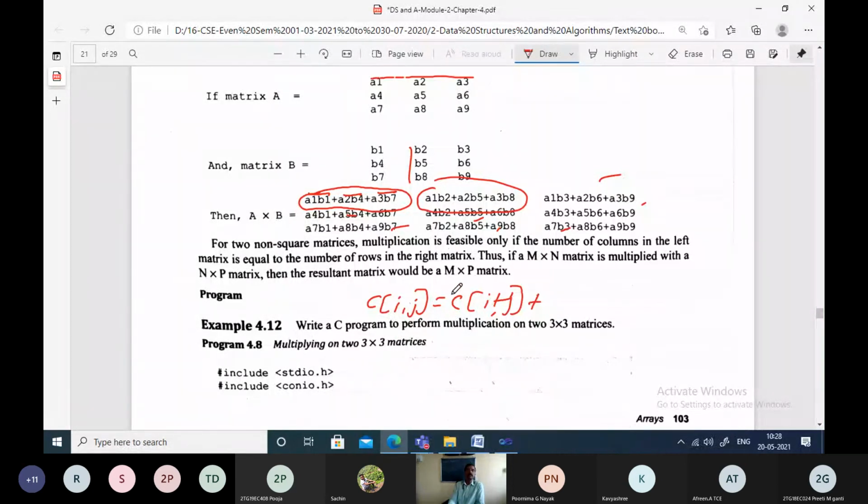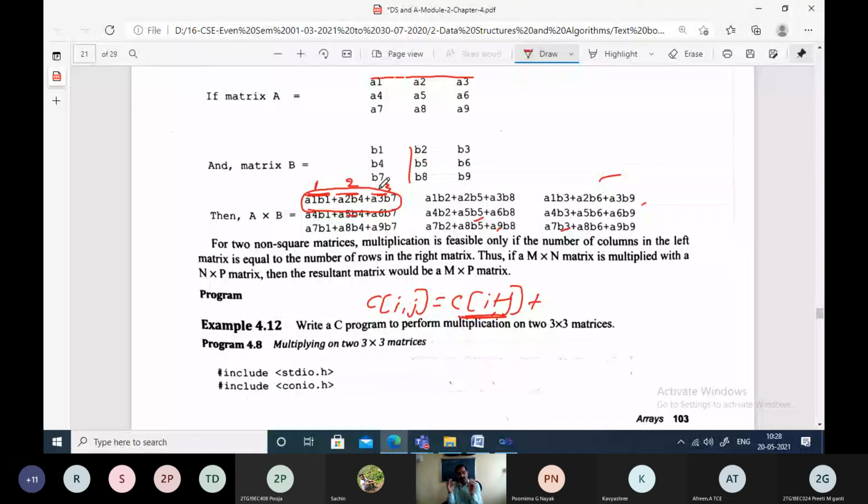Why? To find this C, we have to always consider the present iteration. The result of this entire thing depends on three smaller components. What are the three smaller components? This is component number 1, this is component number 2, and this is component number 3.